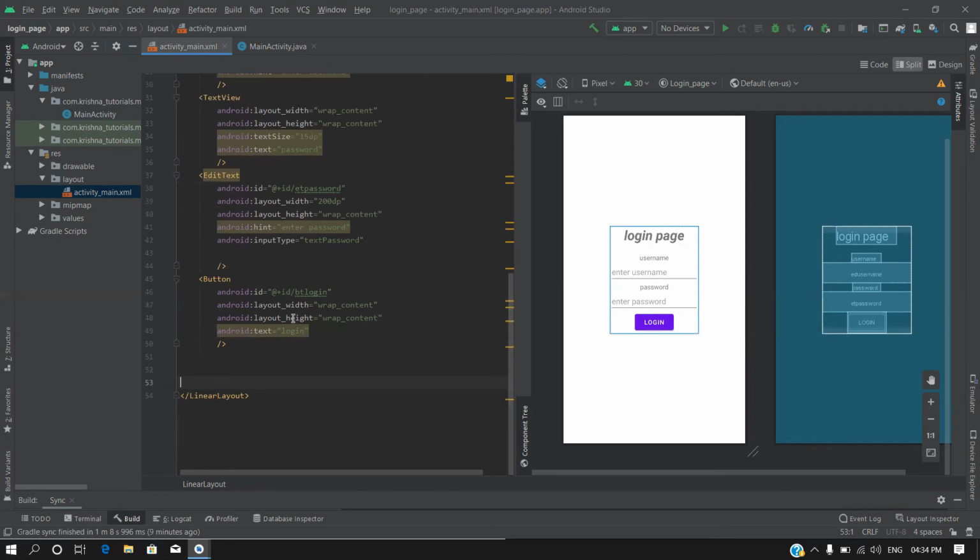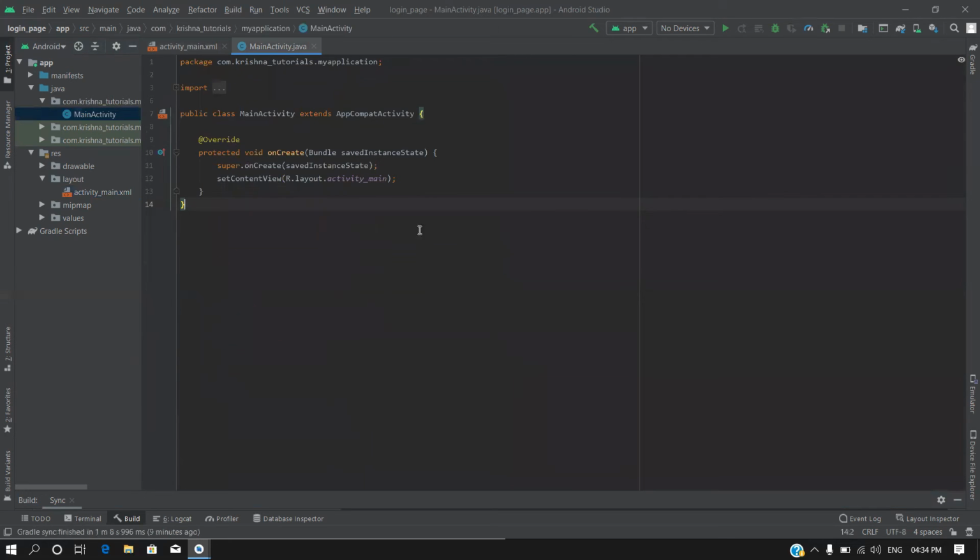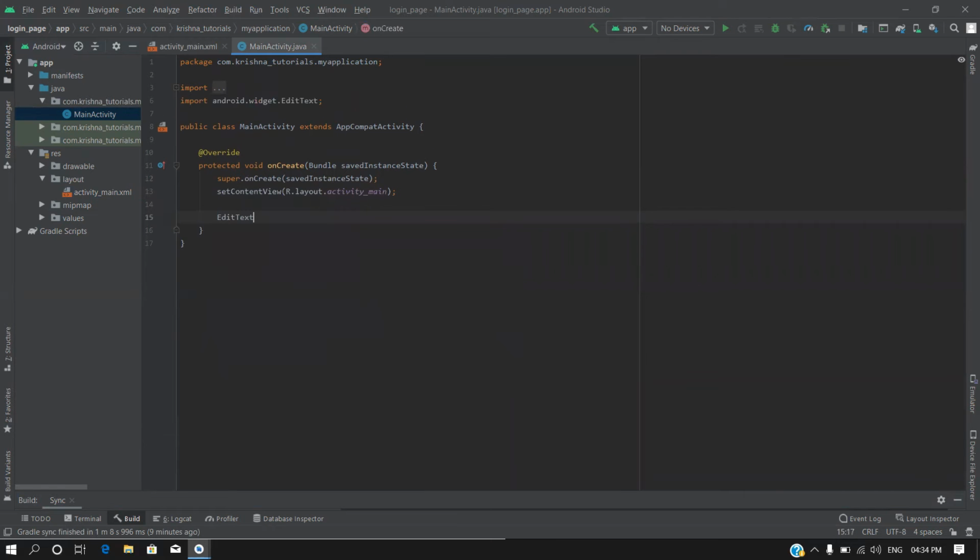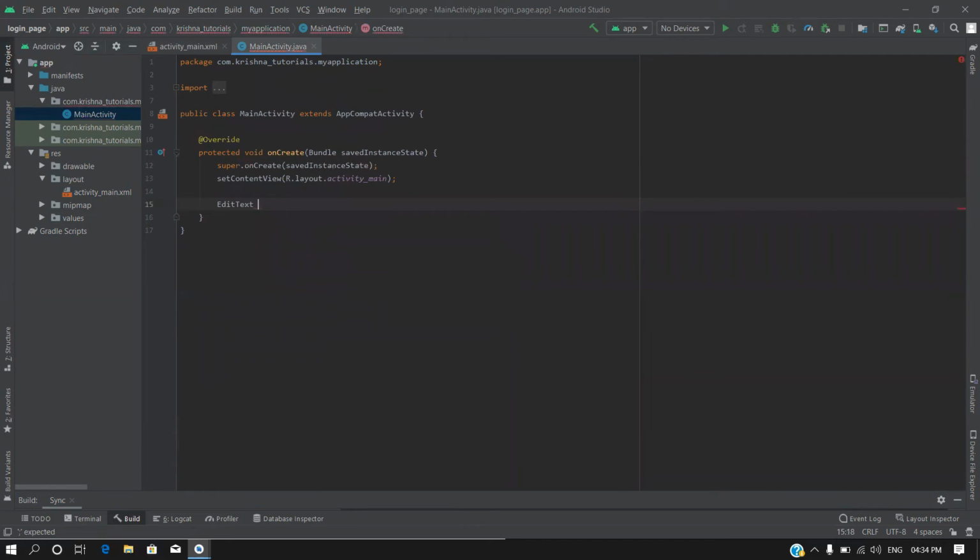So we will move to the main activity part. Here we have to handle those inputs from there. So I am going to take some edit text, which is a username, and the second one is password.